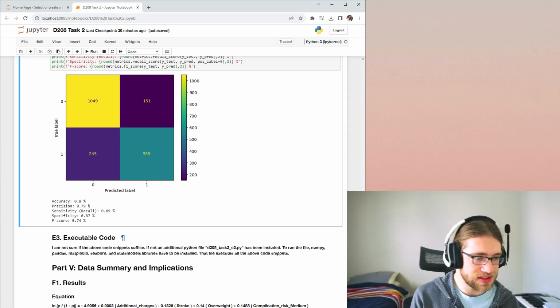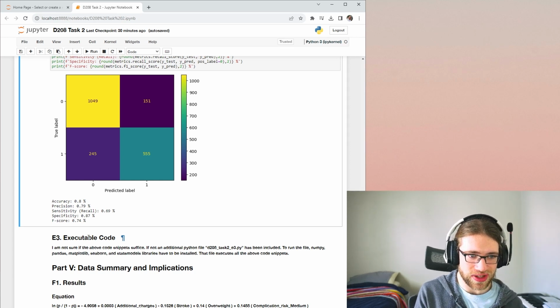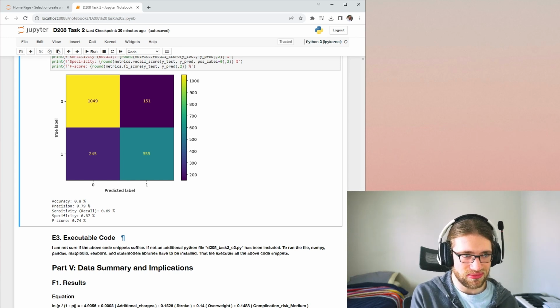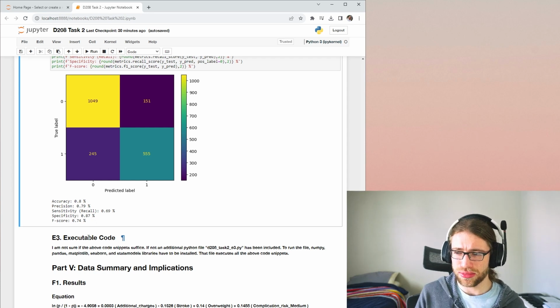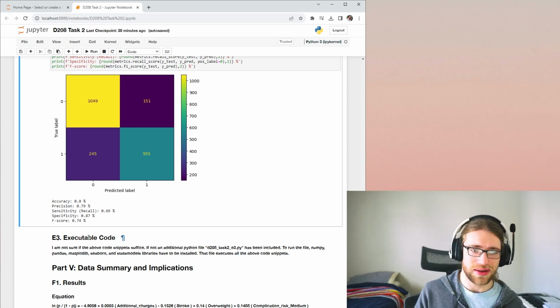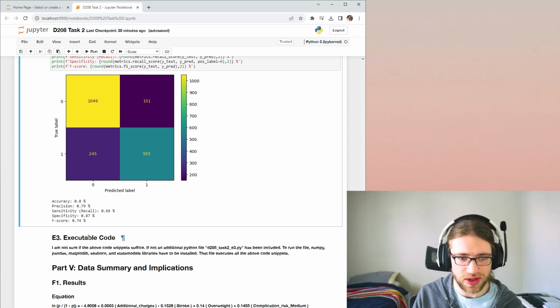The next section is the executable code. I'm not sure if we need to turn in the above code snippets as the executable code, or if we need a separate Python file. So I did create a separate Python file, which is available with the